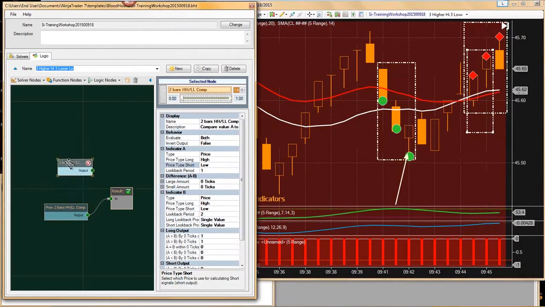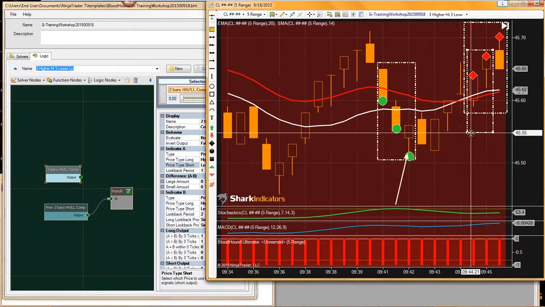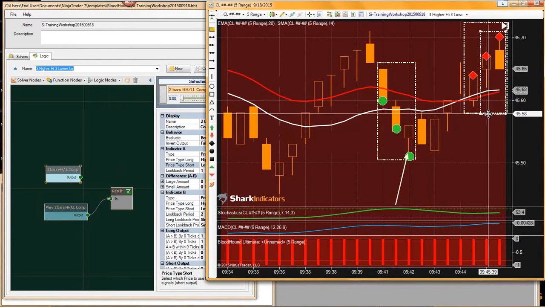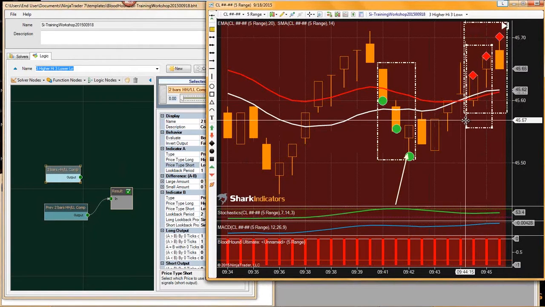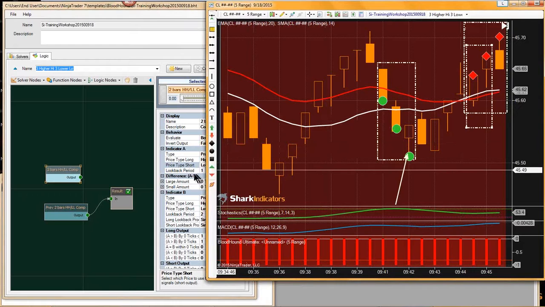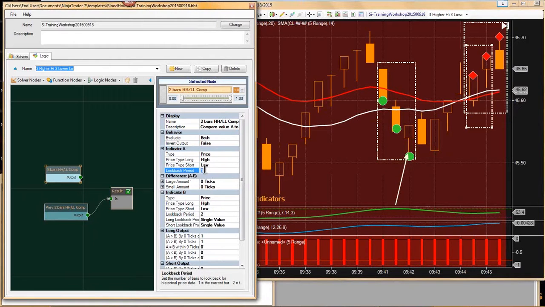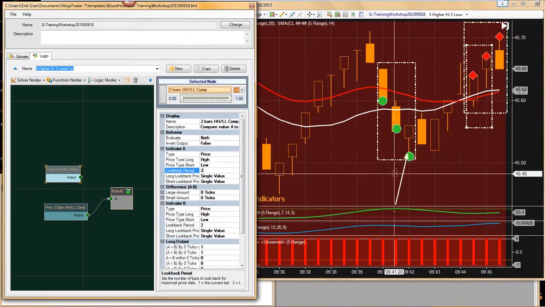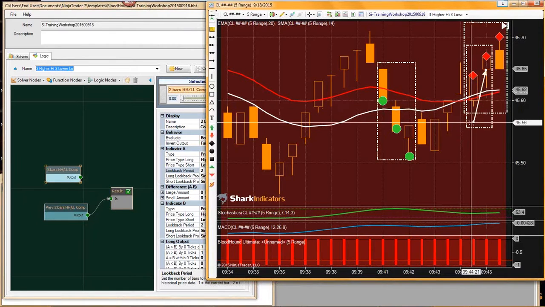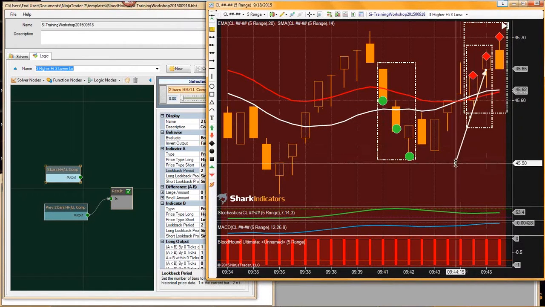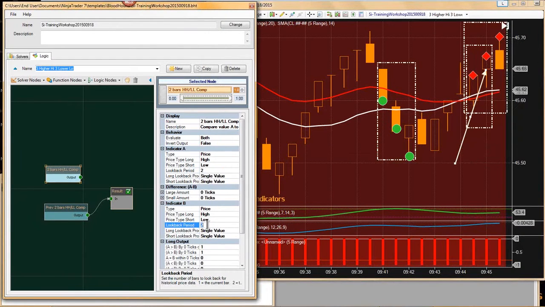All right, so this first solver that I built is basically looking at these two bars, right? And so now we need to look at the previous two bars. So really, all I need to do is just change my look back period. Just change that to 2. Right? So changing that to 2 means it's looking at this bar back here. Right? And then if I go down to here and change this to 3,